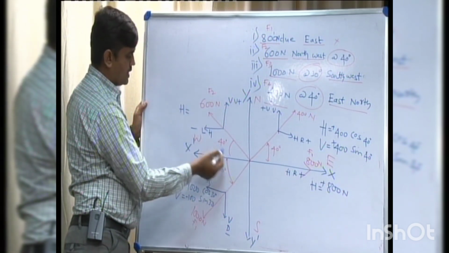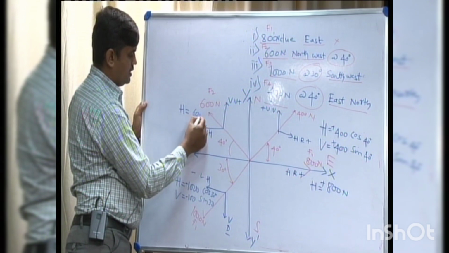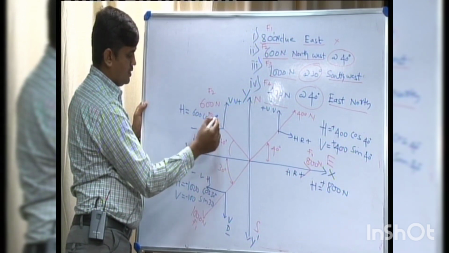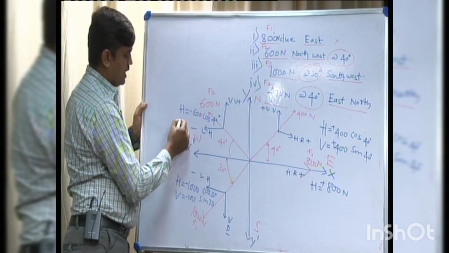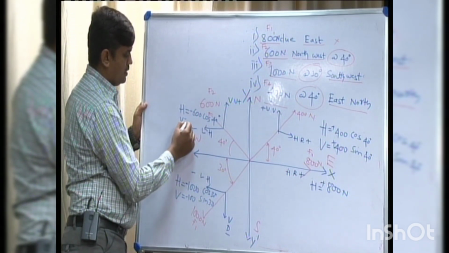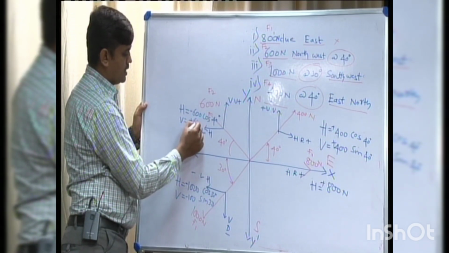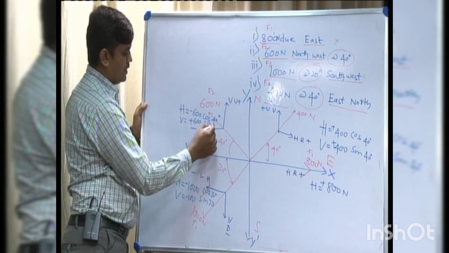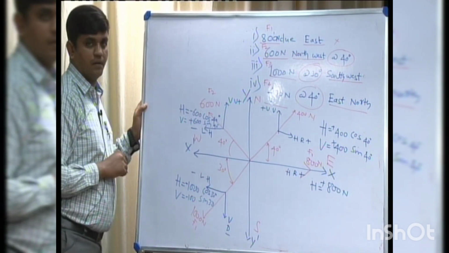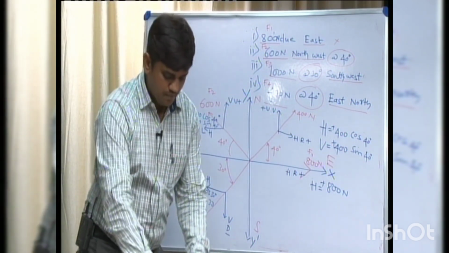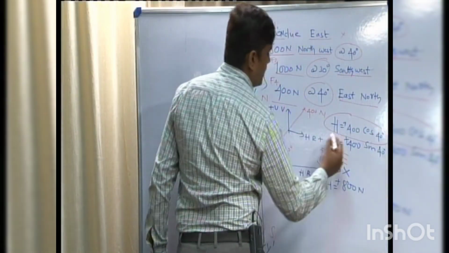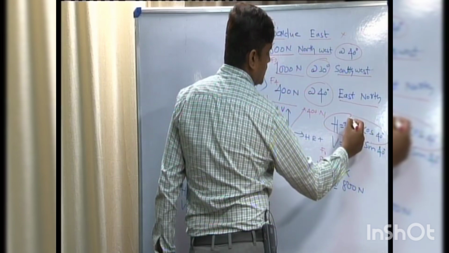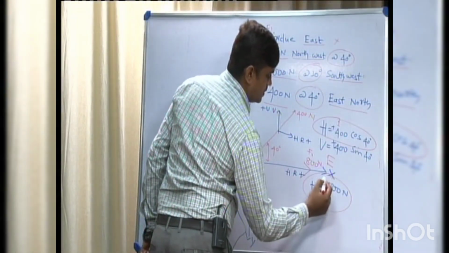Since it is with the x-axis, 600 cos 40 degree, negative. Vertical positive, 600 sin 40 degree. Mark the horizontal forces in oval shape. 1, 2,